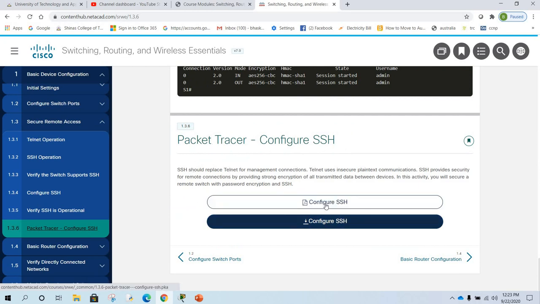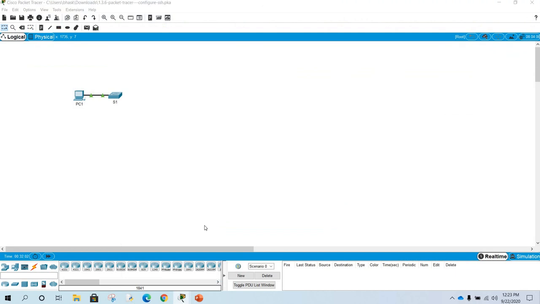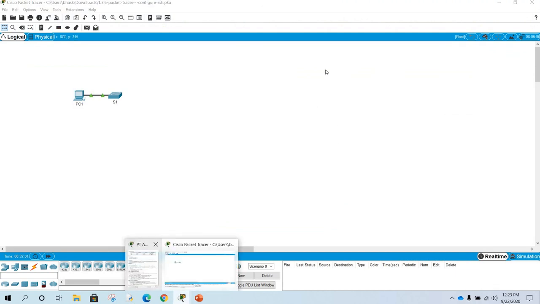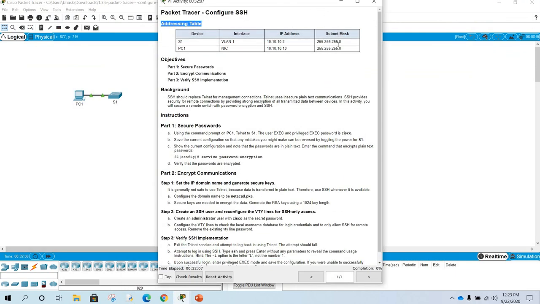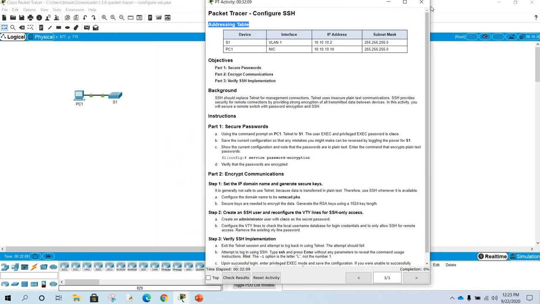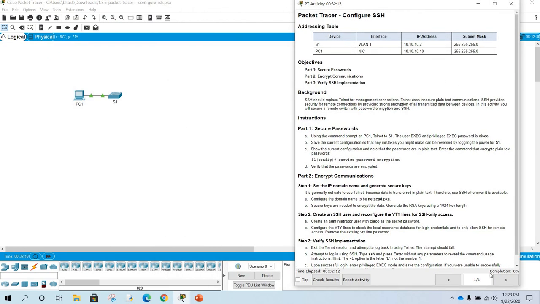Here you have download, not the first one, you have to download the second one, configure SSH. If you click on the second file, configure SSH, the Packet Tracer file is going to open like this one. You have to complete all the tasks provided in this activity. After completing this activity, you must get the completion at 100%.